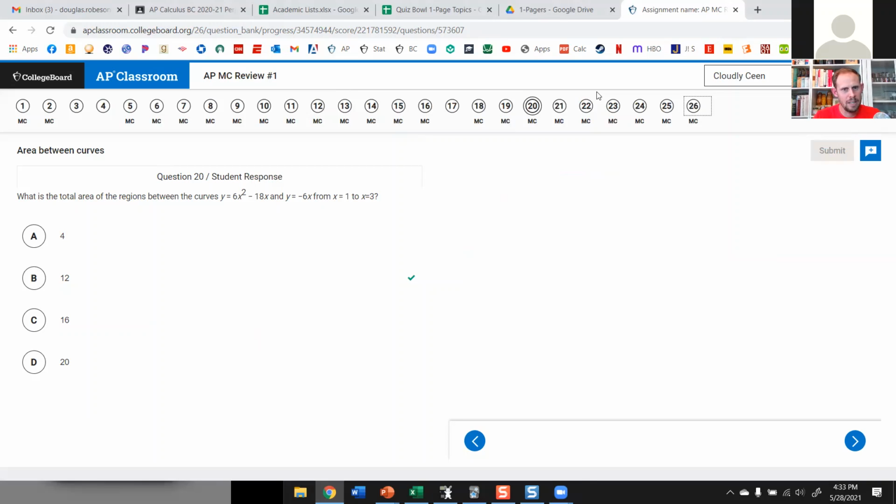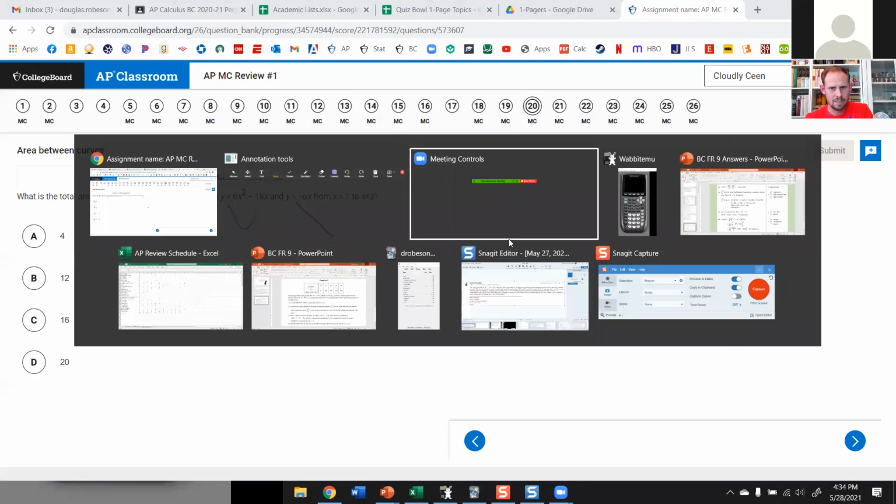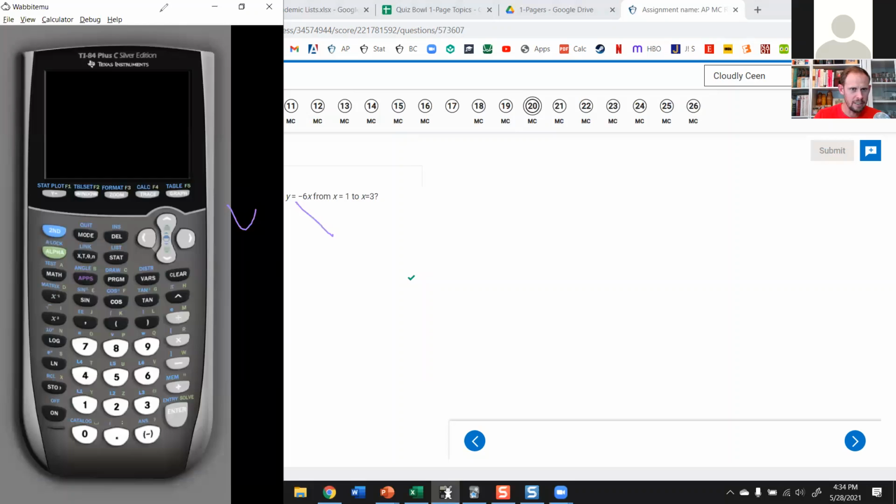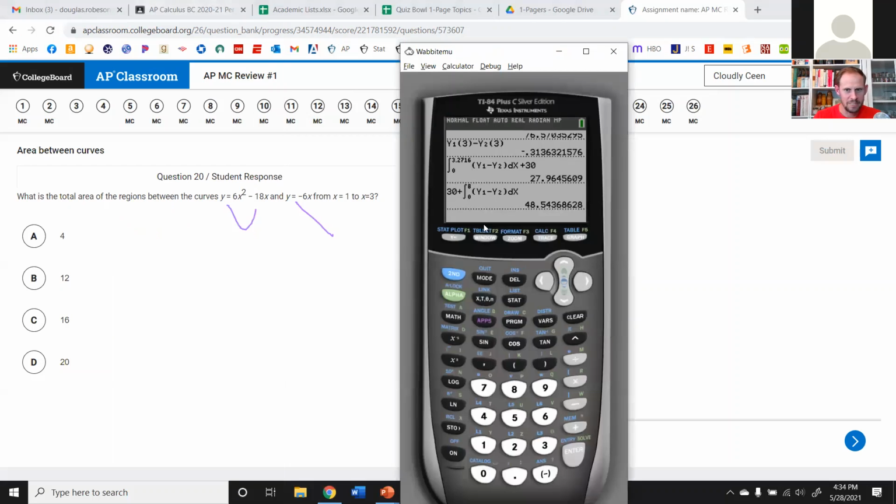All right, and the problem here, besides not having fancy math type, is that we want the total area of the region bounded between these two curves. Well, these curves cross each other between 1 and 3. That's the problem. So this is a parabola opening up. This is a line going down. I don't have a graph of it down there, but if we want, since everything is technically calculator this year,